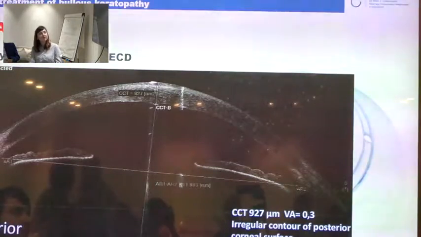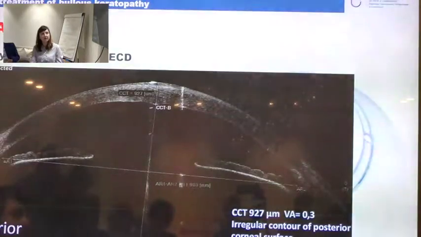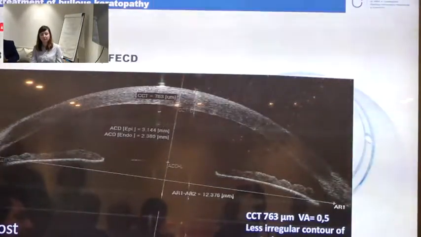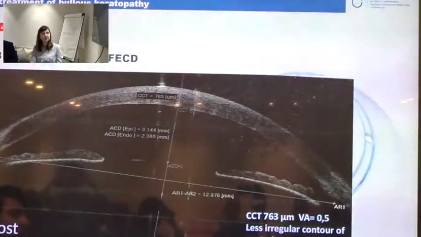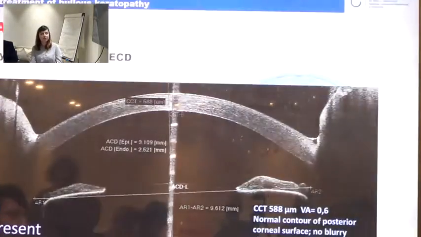As you can see, the cornea on the OCT scans is irregular and edematous, and after just 7 days of treatment, the corneal thickness dropped to 763 micrometers, and the visual acuity improved by 2 lines. Recently, I met with this patient around 1 month ago. I was hoping for her to participate in the study once again, but the criteria have been tightened, so she wasn't qualified due to